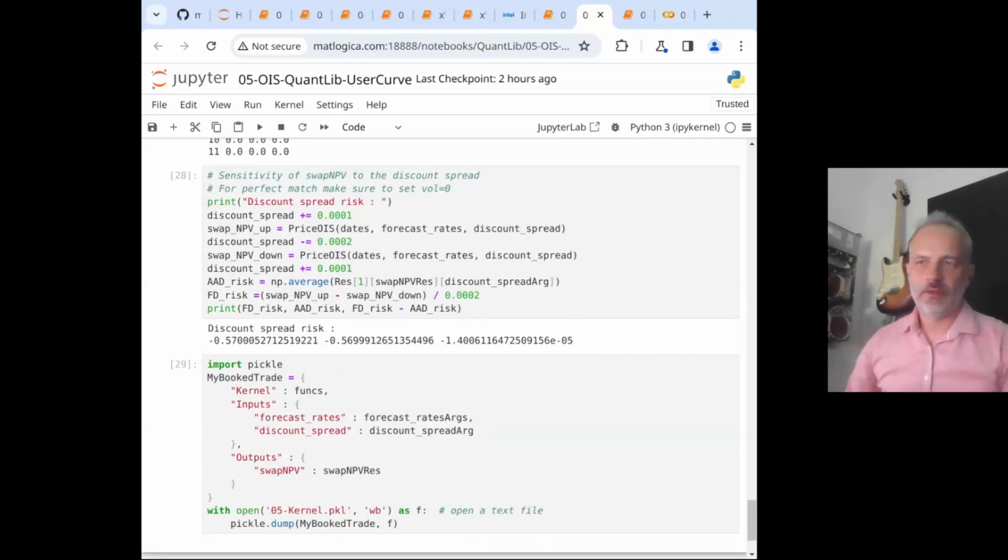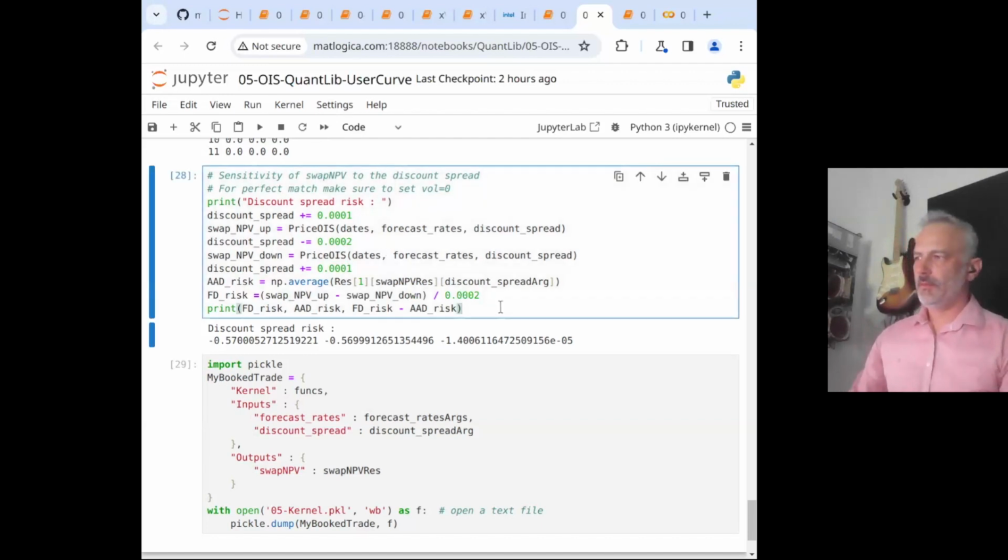And I'm ready to move to the next subject, cloud and serialization. So with the MATLOGIC ADC approach of recording calculations, once you have a recording completed and you pass through the first sample of your program, the recorded kernel is actually separated from your original analytics, right?